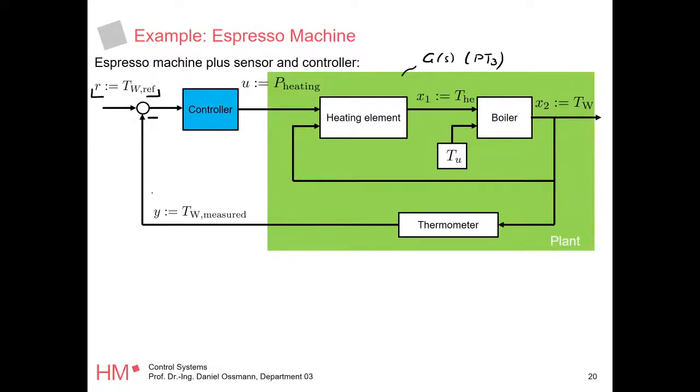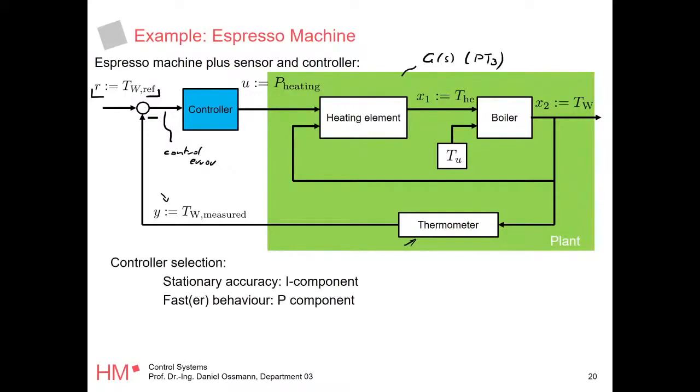Therefore, we have this measurement, right, of our water temperature because we have the thermometer here, and we are comparing that to our reference, and we're building the control error. And this goes into our controller, and the controller should generate our power for the heating element automatically, right? Some people would call it a smart system, but it's basically just a controlled espresso machine, right? So what the controller should do is find the power to the heating element so that we actually reach our desired temperature. Okay, so